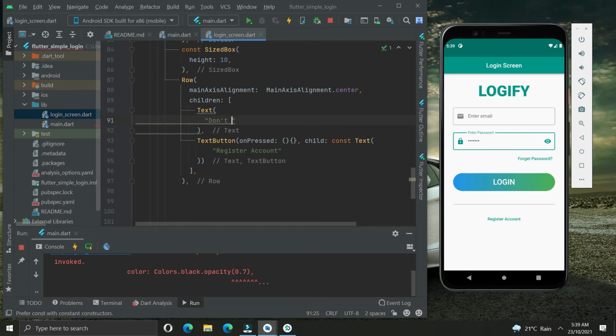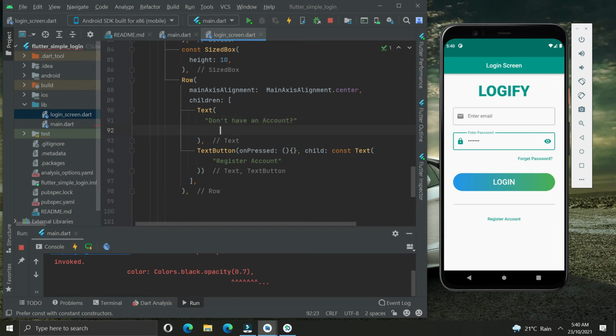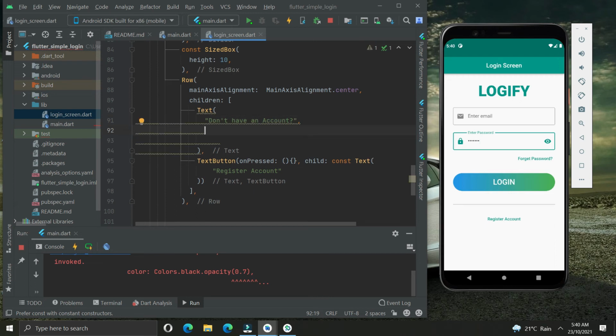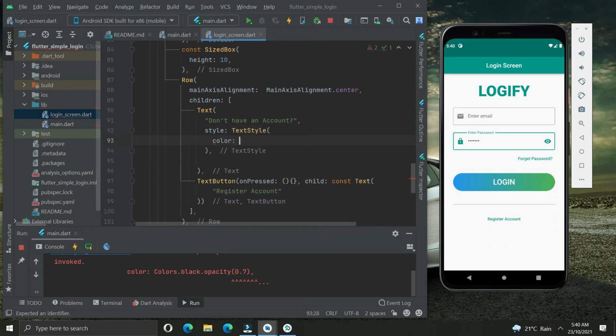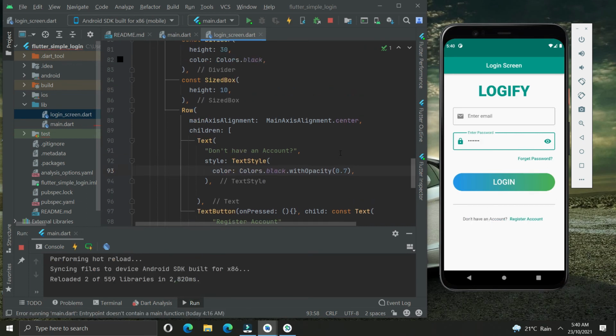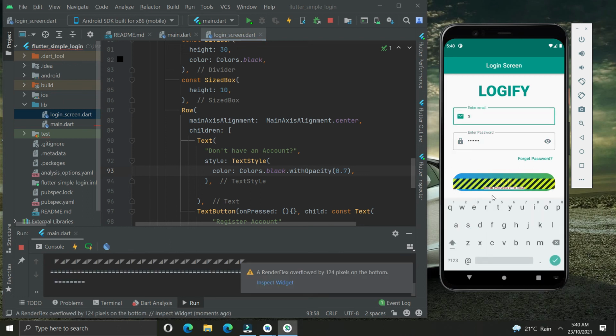Don't have an account, and give some style to it. Style, text style. We will use the colors dot black with the opacity of 0.7. You can see don't have an account, register account has been added.